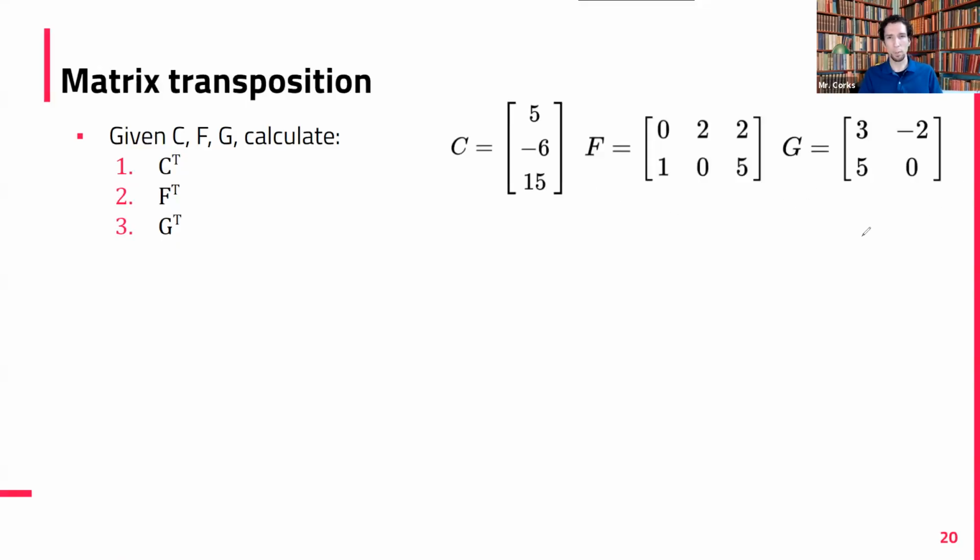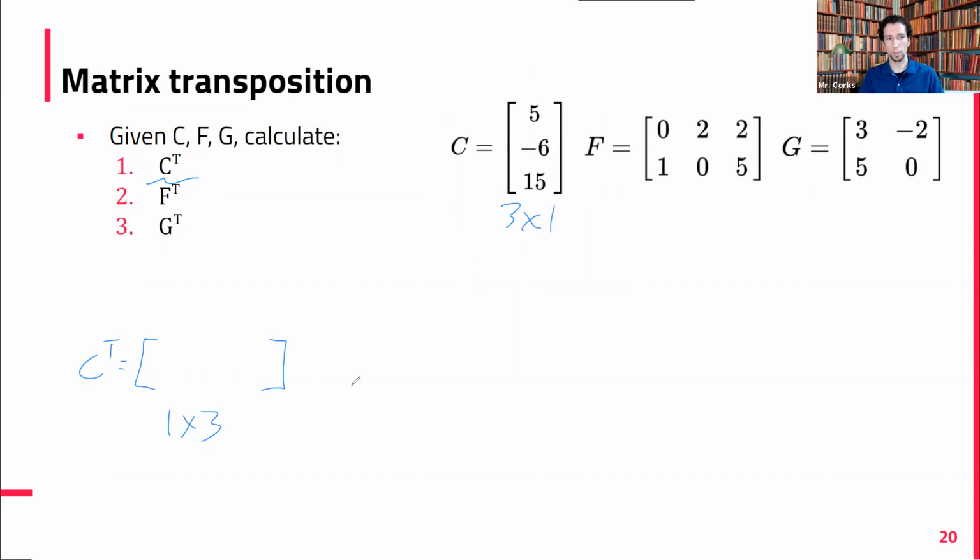So I think these are the same numbers we had last time. Let's just do this again, make sure we remember. So let's say first we want to calculate C transpose. I'll ask you, matrix C here, what are the dimensions of it? 3 by 1. So if we are going to do C transpose, what will the dimensions be? 1 by 3. Okay, so it's a 1 by 3 matrix.